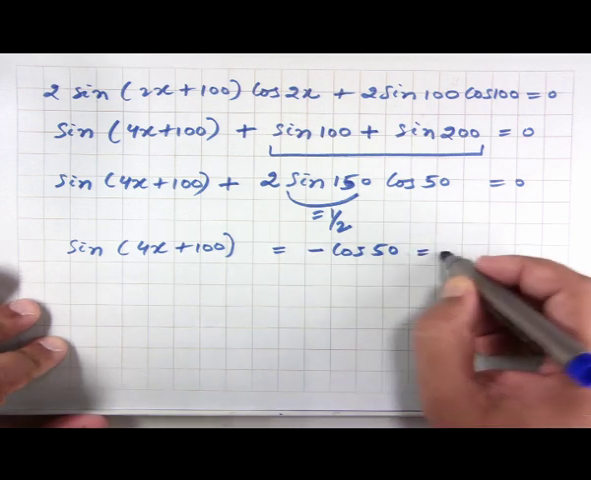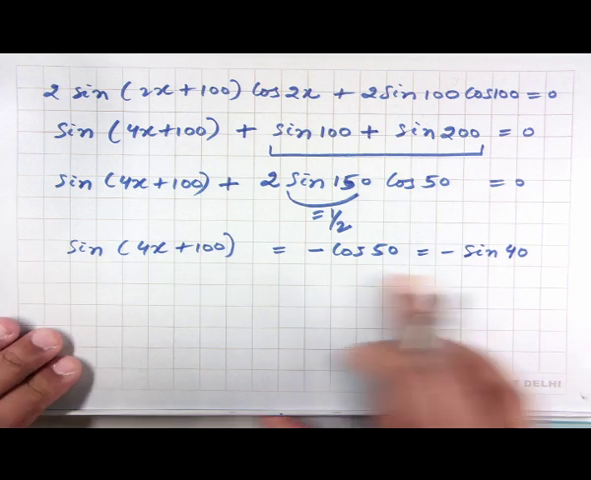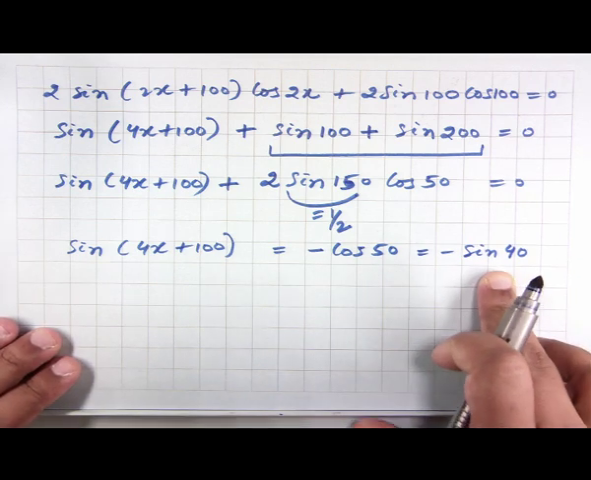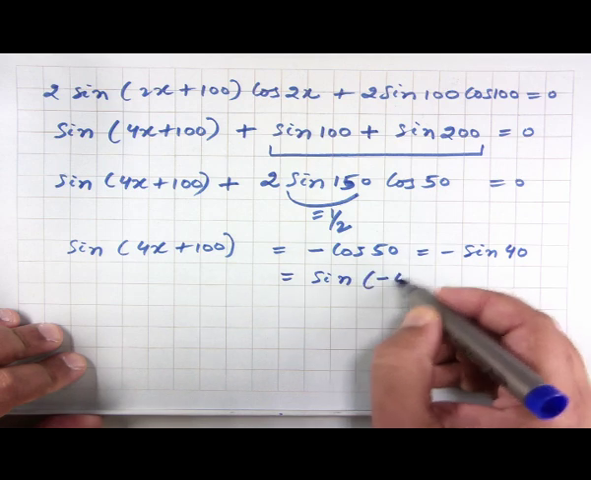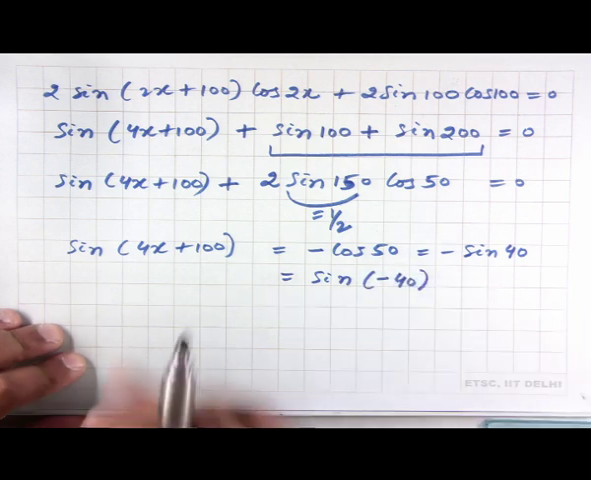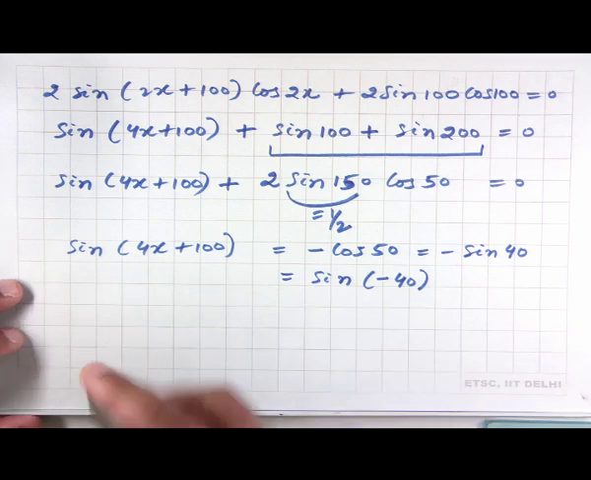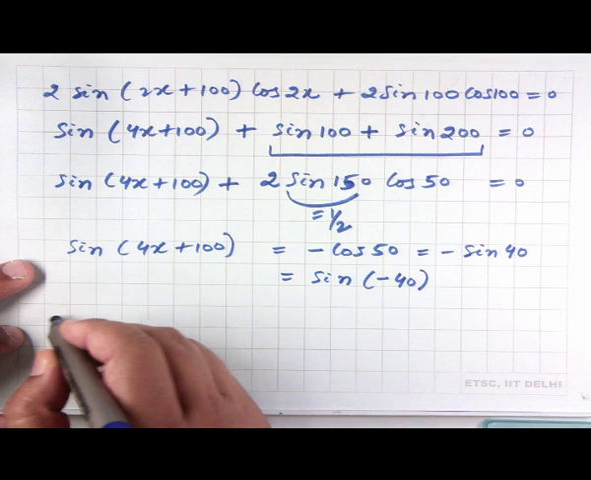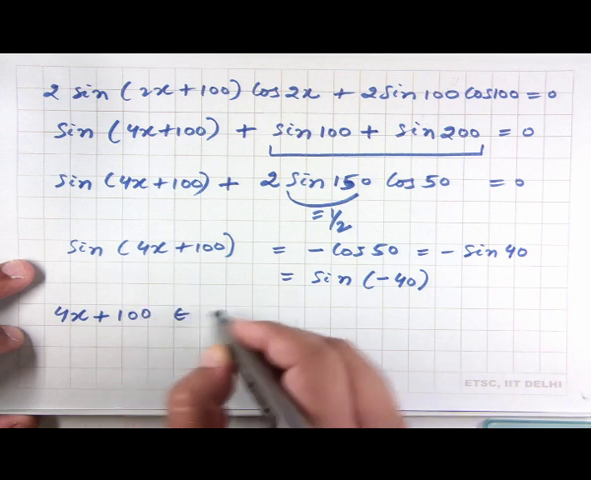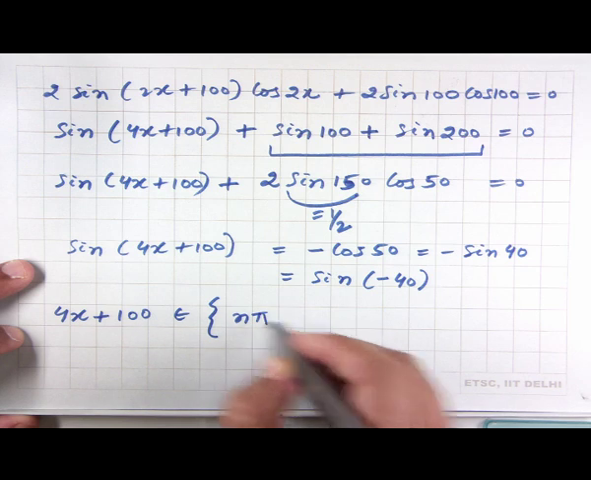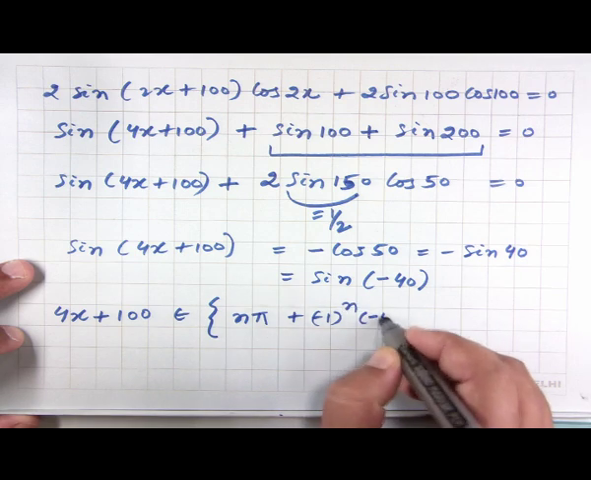which is minus of sine of 40 degrees, because cos of 50 is the same as sine of 40, which can also be written as sine of minus 40 degrees. So again we have the form sine x equal to sine y, for which the general solution will be given by 4x plus 100 belongs to this set n pi plus minus 1 to the power of n times minus 40,